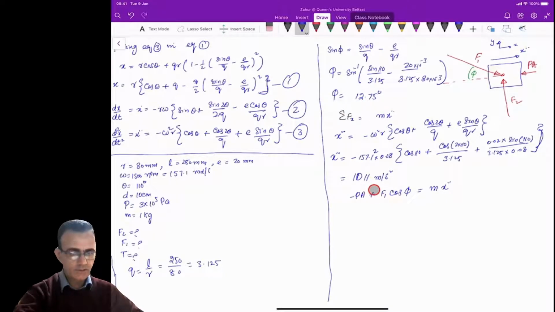So in this case, as you can see, you have F1 here. F1 you need to calculate, and cos of phi. Phi is given here, which is 12.75, we just calculated it here, degrees, and minus pa. P is given, which is this value here. So 3 into 10 power 5, and you will need to multiply this with the cross section area of the piston,